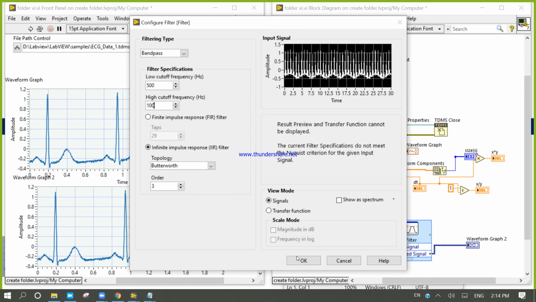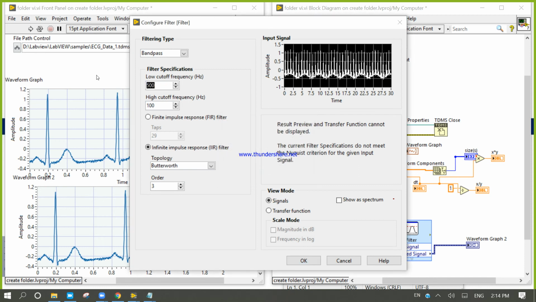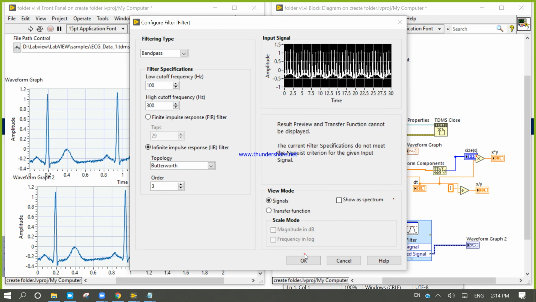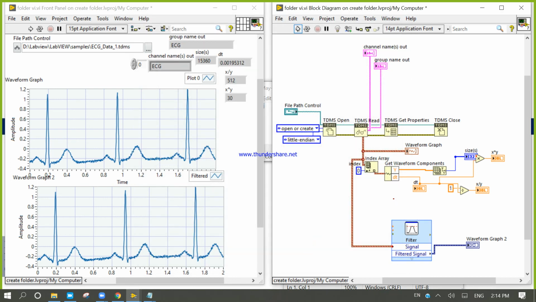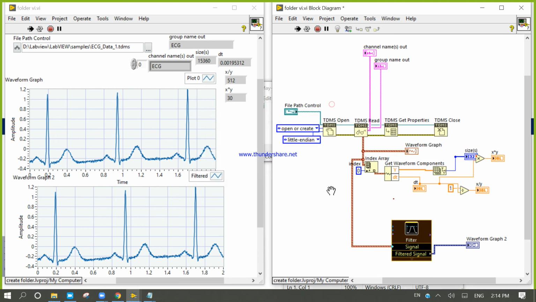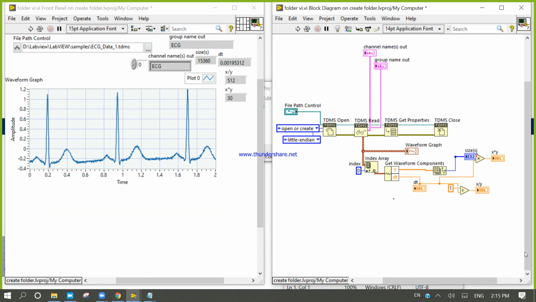Look at that. And the frequency rate should be the 300. Let's try. So for this data I need to set the frequency, how much frequency I need to measure. After that, it is just a sine waveform. Sorry, not ECG waveform.